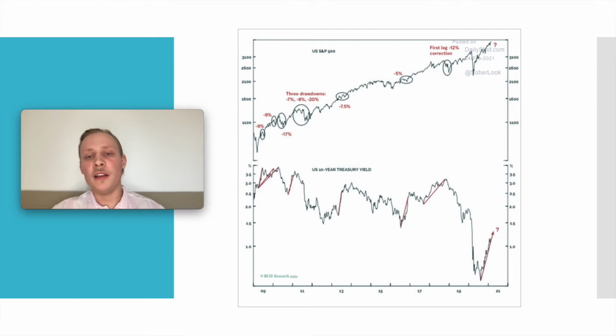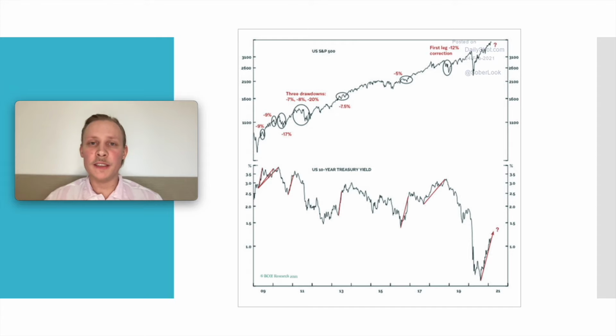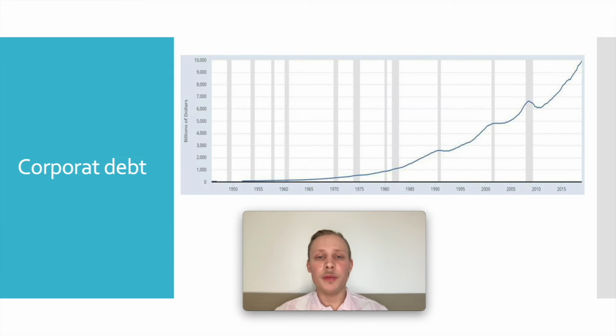Because when people get higher rates, they tend to go to risk-off assets like bonds instead of risk-on assets like stocks. Also, please keep that in mind. Corporate debt levels are at an all-time high. Since the 2008 crisis, they skyrocketed. This is not a problem we had only after the 2008 crisis. The whole story began after the Second World War, but it escalated after the 2008 crisis. So please keep that in mind. The debts are at a very high level, and if rates rise and companies have to pay high rates for their debts, that is going to affect their profits and the market.